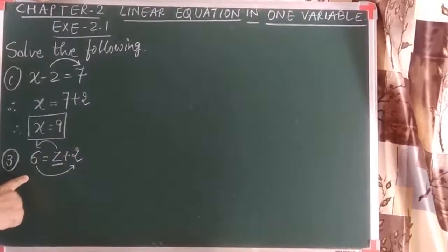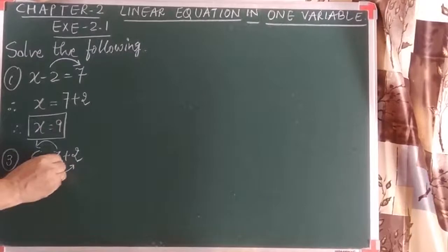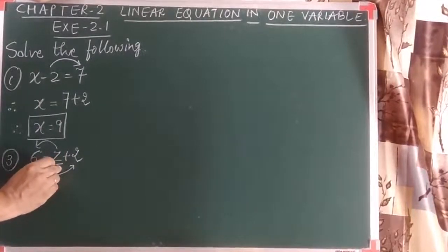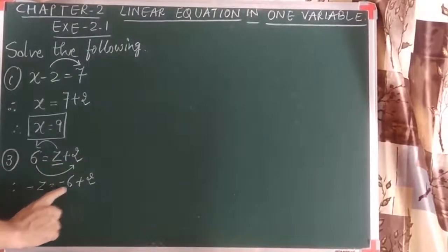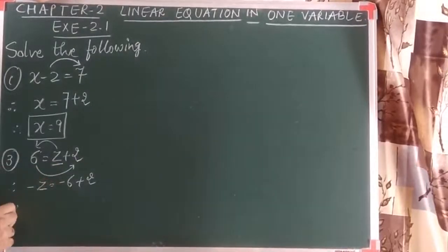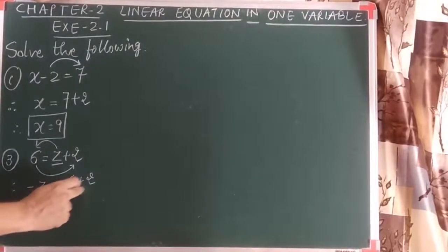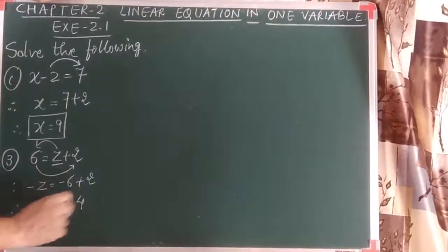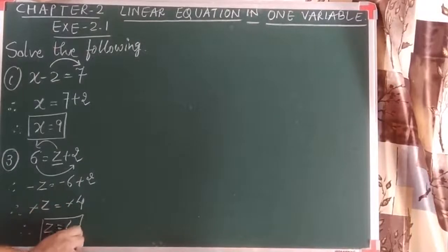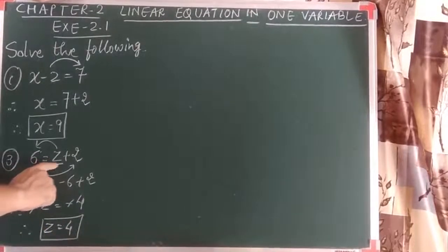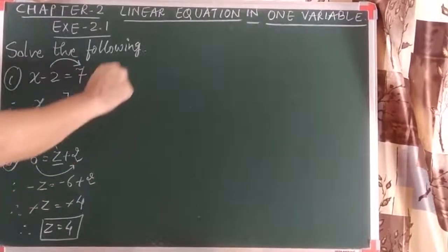Now here in this question I am changing the side of two terms, so I will change their signs too. This z becomes negative as it was positive. This 6 becomes negative as it was positive. I changed the side of two terms, and changed both their signs. Okay, so minus z is equals to, here it will simplify, plus minus is minus, minus 4. As both sides are negative they would cancel, so z is equals to 4. The solution of this equation is 4. Put 4 here: 4 plus 2, we got 6. I hope you are getting it.